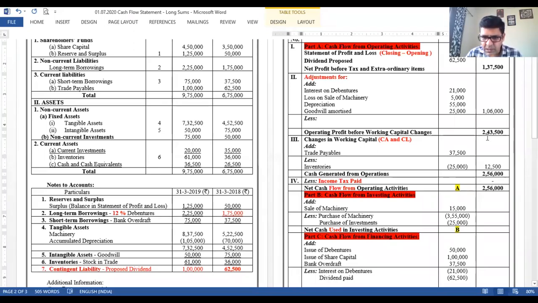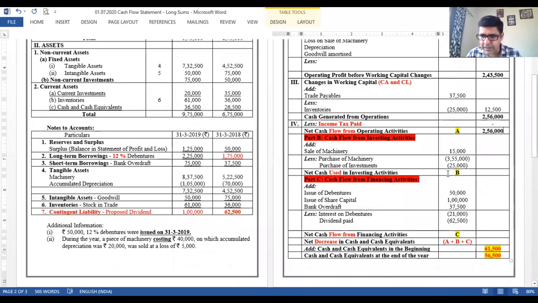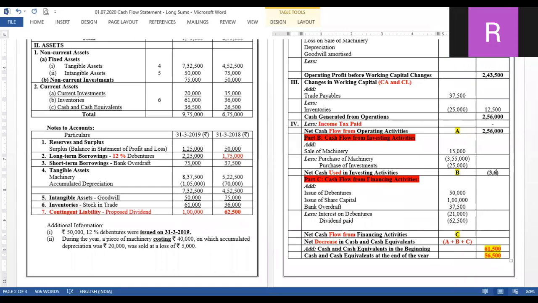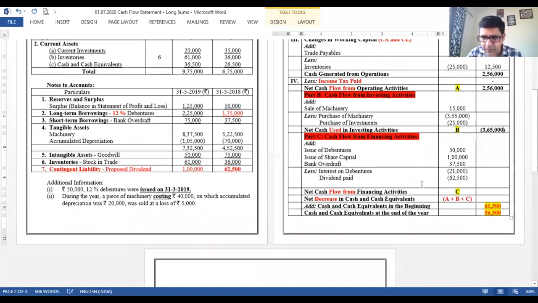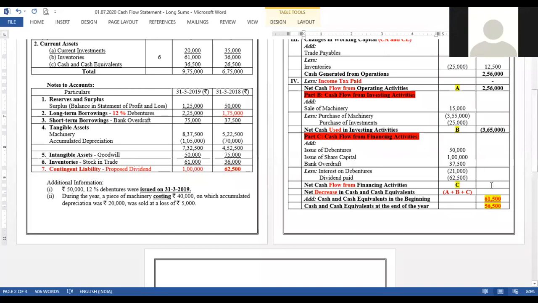Okay, let us take the investing activity now. One amount to be added, two amounts to be deducted. So tell me the net amount, please. Sir, 3,65,000. First amount 3,65,000. That's negative. Being negative, cash used, you can see that I've already mentioned over there. Okay, now let me have this amount also. So financing activity. Please get the 1,04,000 after addition and deduction of all the amounts. Yes, sir, 1,04,000. I'll take that.